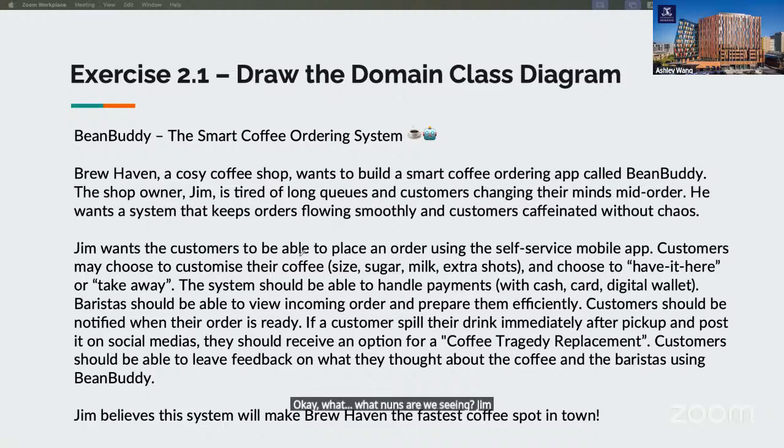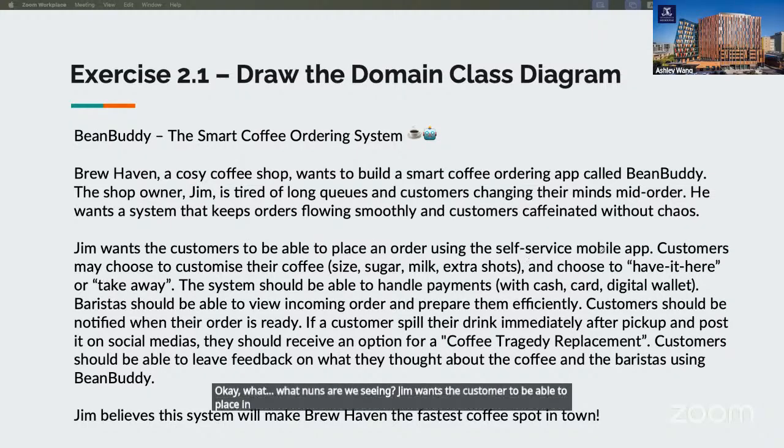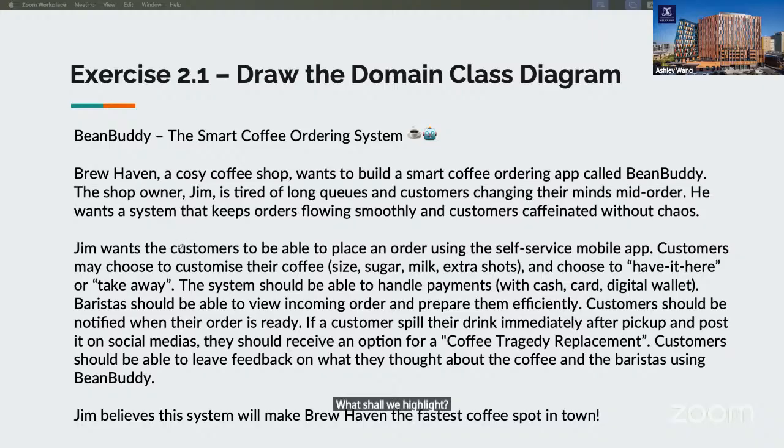Jim wants the customer to be able to place an order using the self-service mobile app. What should we highlight? Customer, great. What else? Place an order, yes, that's a good one.